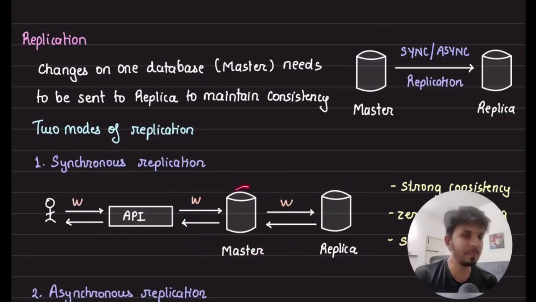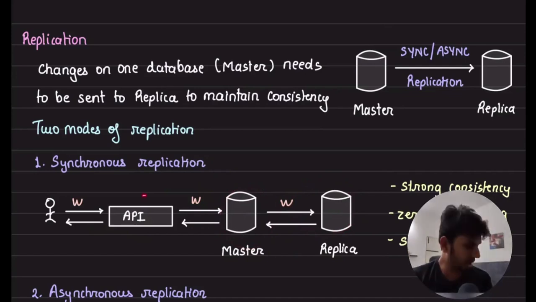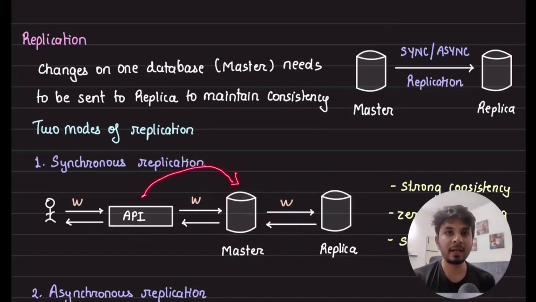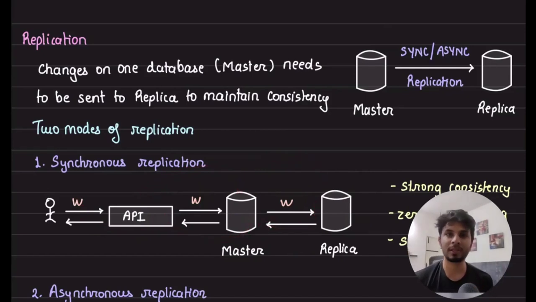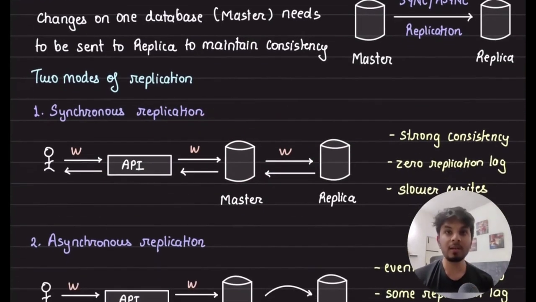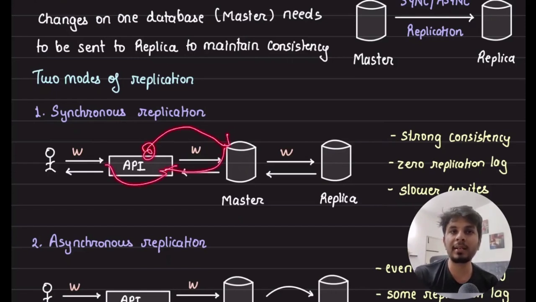There will always be a very strong consistency between these databases, because you are not terminating your write until your write is also done on the replica, and only then are you saying, hey, now I'll return it to the user. So this is obviously very slow because it would increase the latency that the user observes, because now the API server does not have to just write to one database and return. The writes have to go to two databases now,